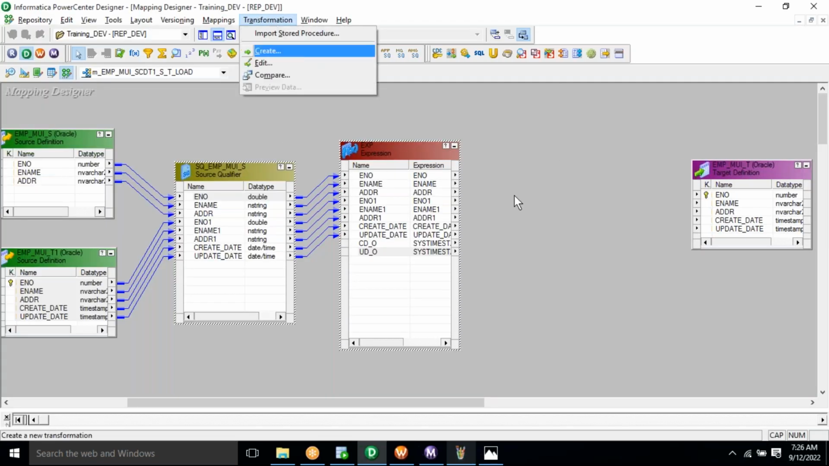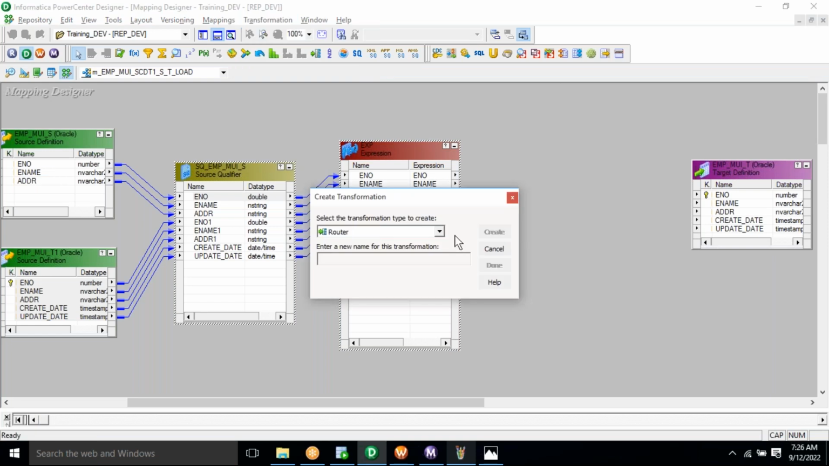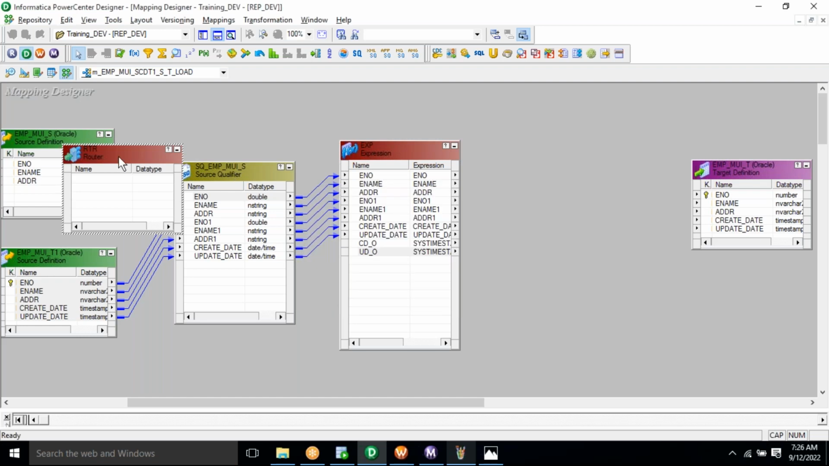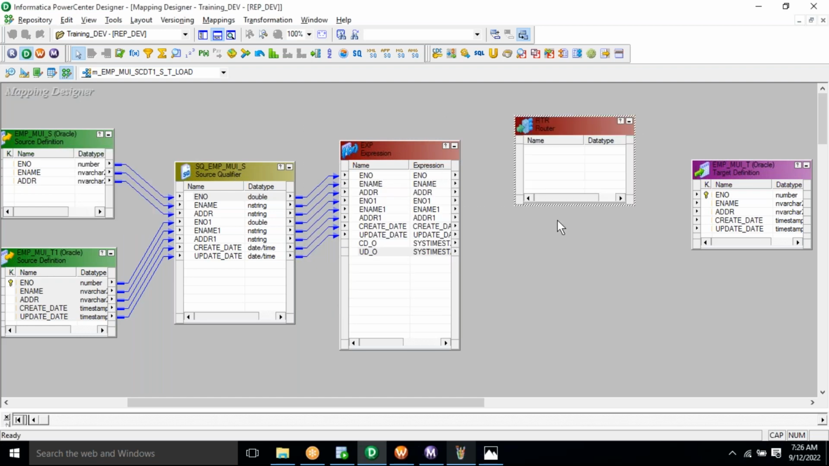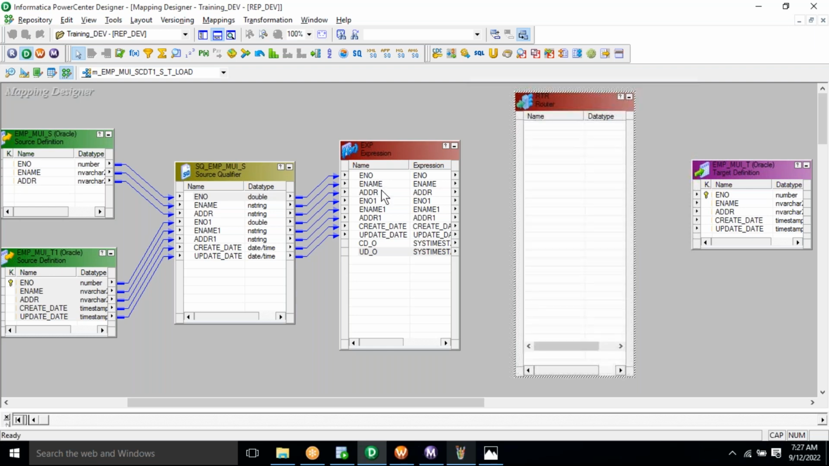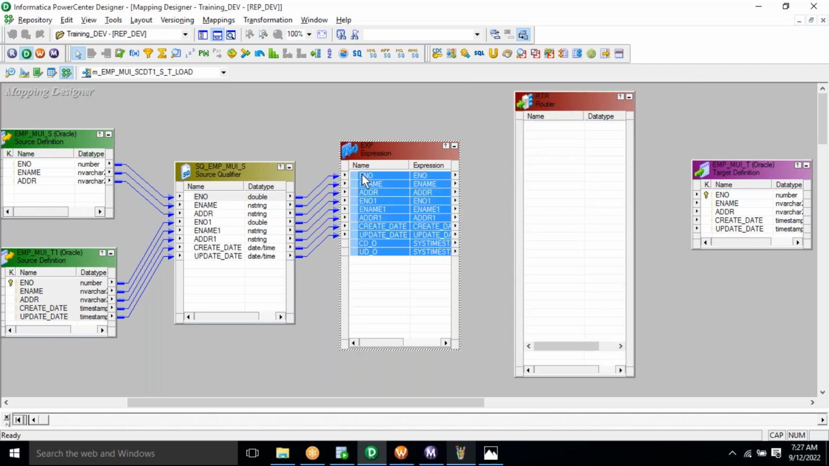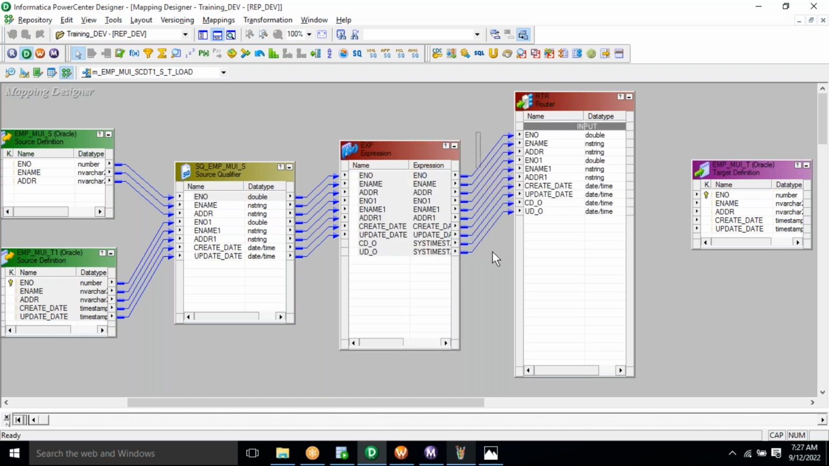Go to the menu Transformation, Create. From this list, we have to select the router to write multiple conditions. Create, done. So the router we have to place here. After creating the router, we have to select all the ports in the expression, drag and drop to the router. All will be connected like this. Now the group got created. Now we have to open the router transformation, and we have to go to the Groups